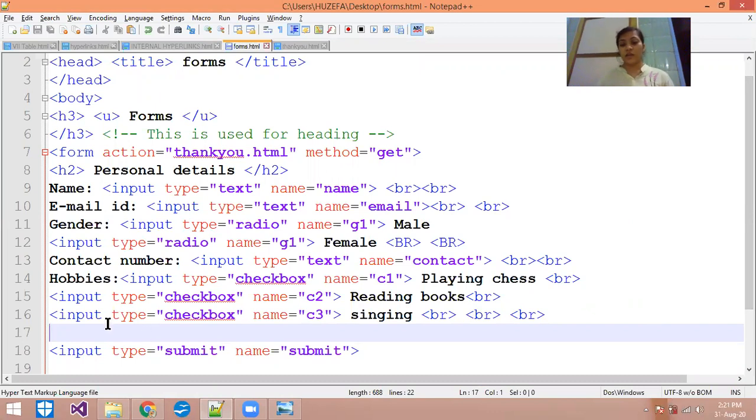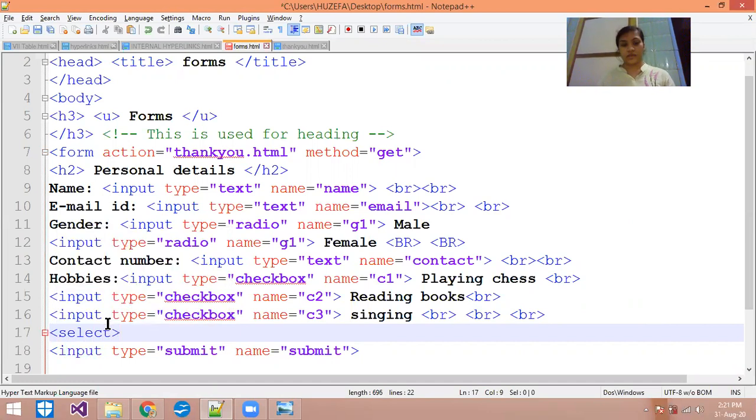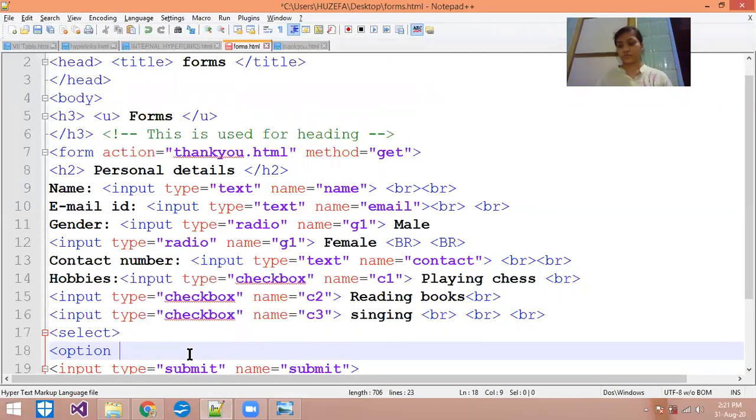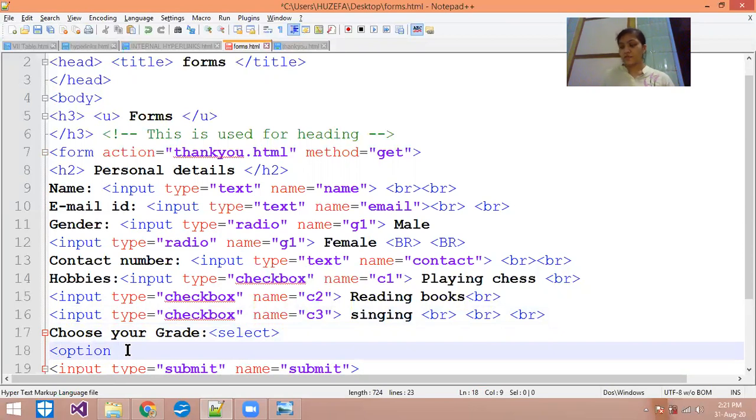Before the submit button, I write down the select, enter. Now option. Okay, so first of all I have to write down the grade. So before select, I'm just doing that. Choose your grade. Select, option, value